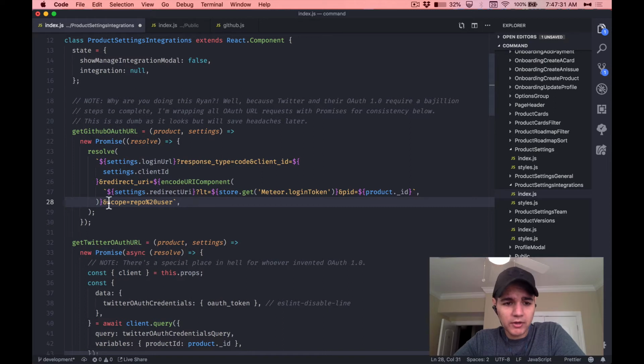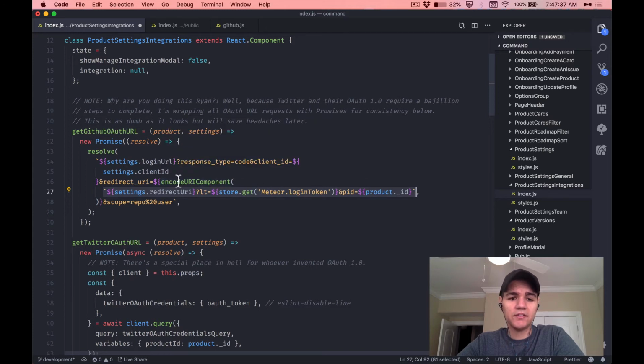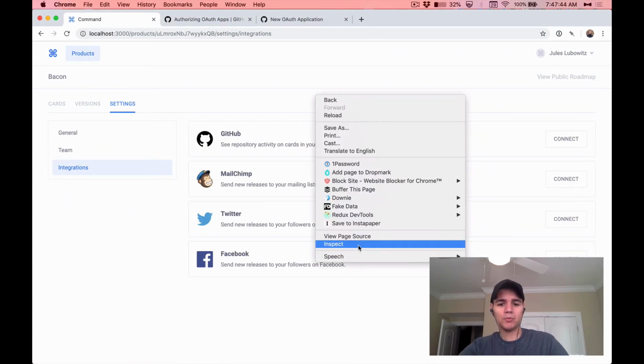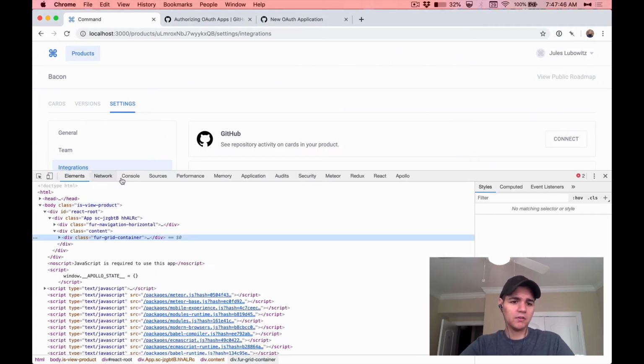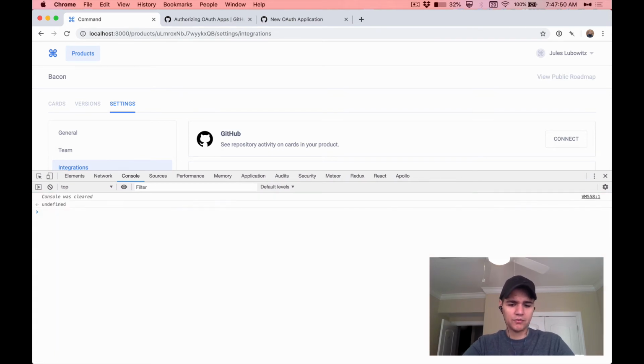So once we have that whole URL, you'll notice that I'm passing it to encodeURIComponent. Now this is a JavaScript function. This is global, so this isn't something that I've imported or anything like that. If you popped open your console here, and let's clear this out, and we say encodeURIComponent, you'll notice that it's globally defined. And what this is doing is it's cleaning up the characters. So we'll just say